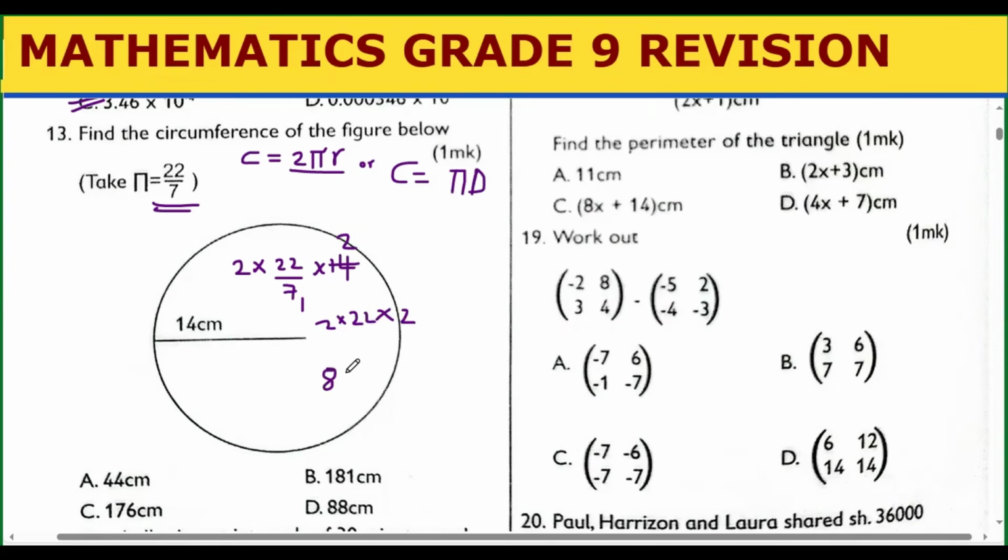Did you score? But remember this is not area, so you just put centimeters only. Don't try to put squared, you will fall for it. So it is 88. The answer is B for